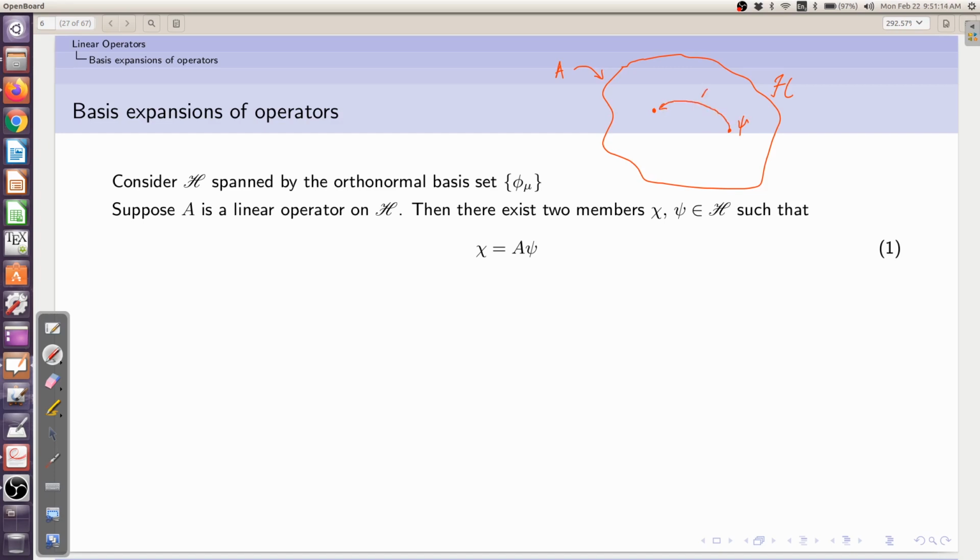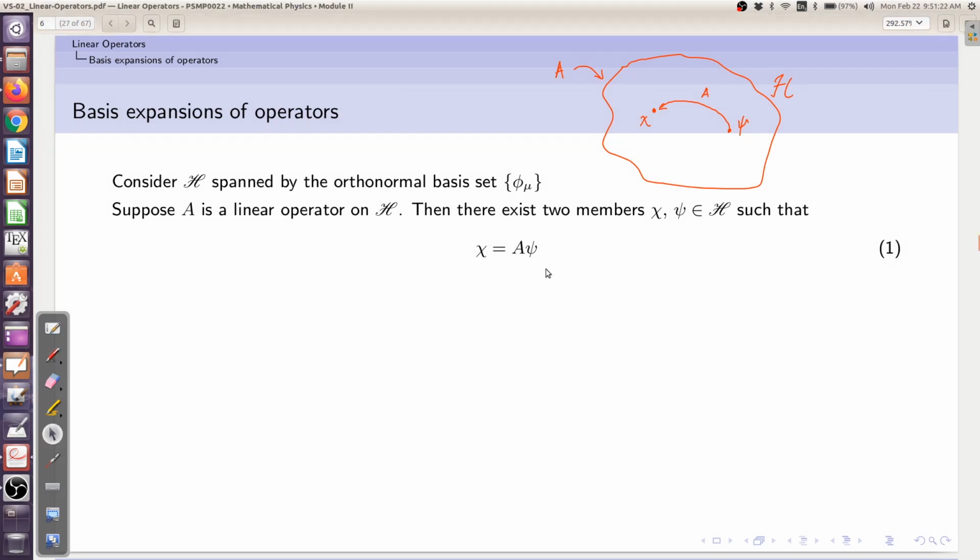If you operate A on psi, it will take you to another member. That member is your chi. So that's what we mean. There exist two members in this Hilbert space, and these two members are chi and psi. Okay, since A is a linear operator